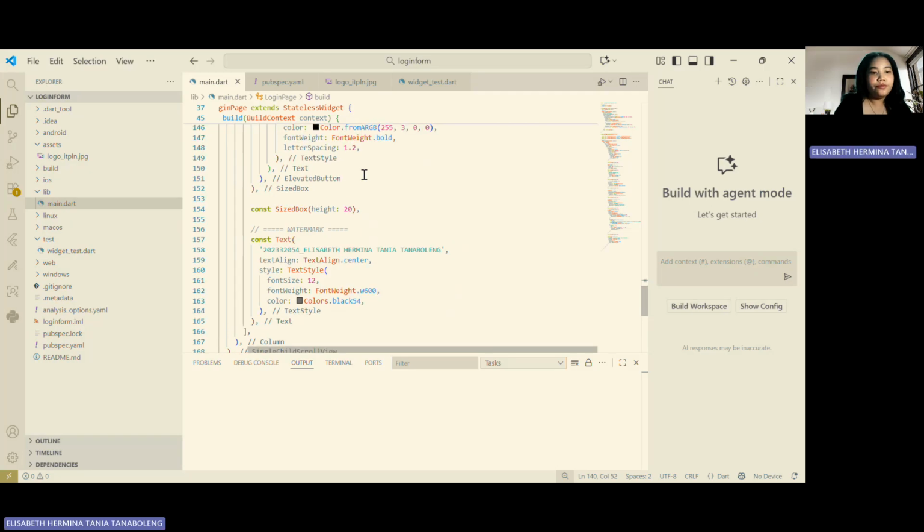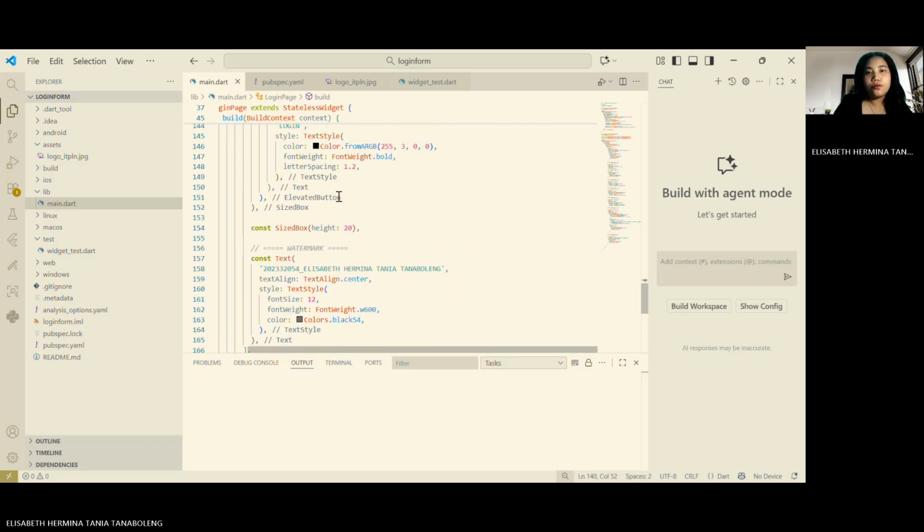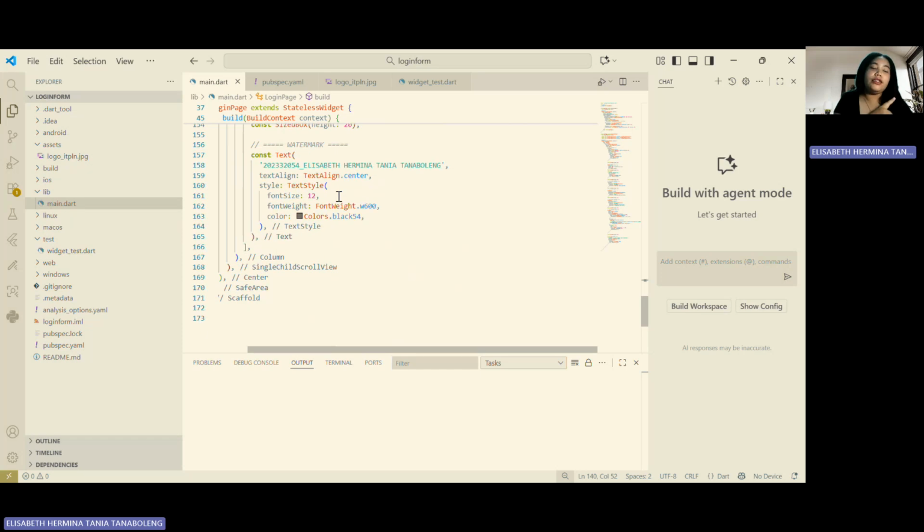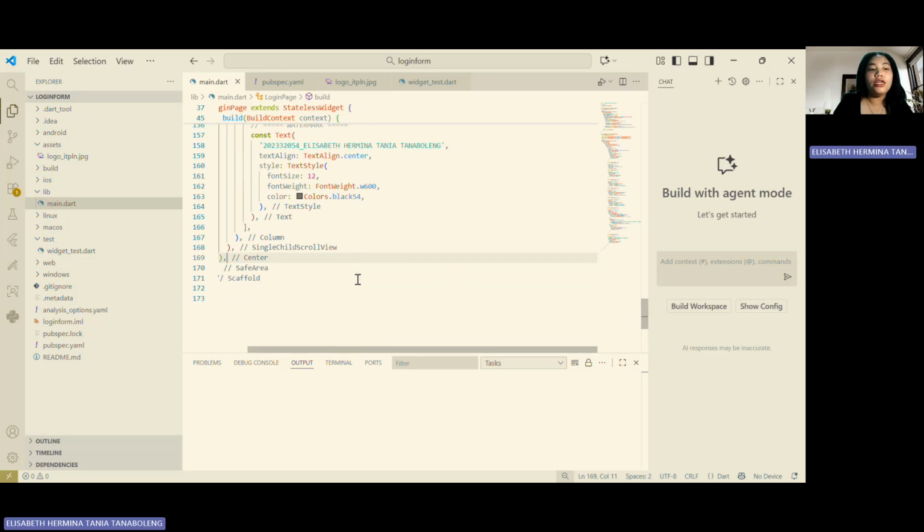And finally, at the bottom of the page, there is a watermark containing the name and student ID number of the student who created the program, namely 2023-32054 underscore Elizabeth Hermina Tania Tanaboleng, which is my full name.